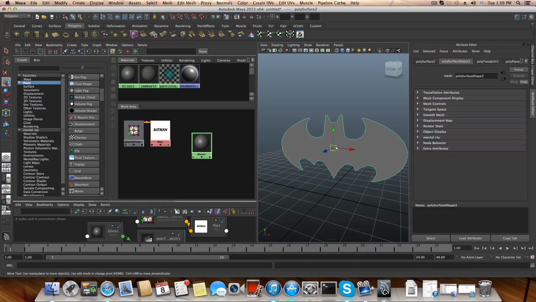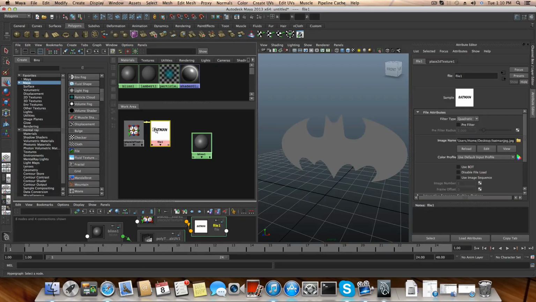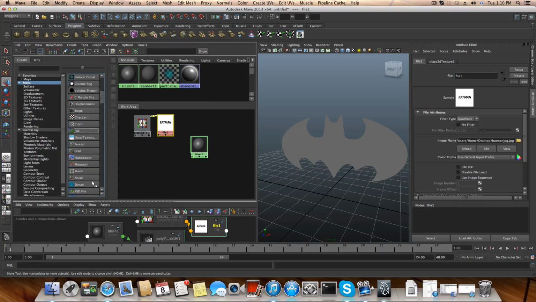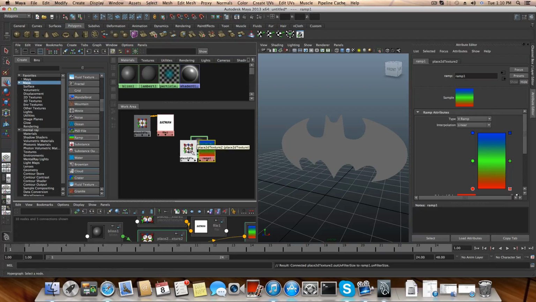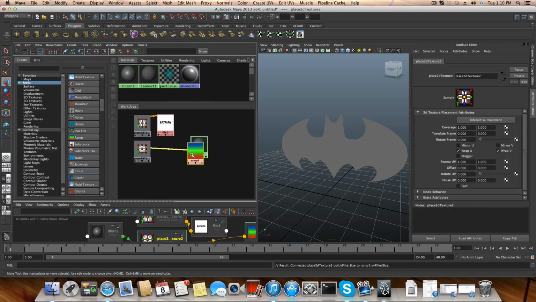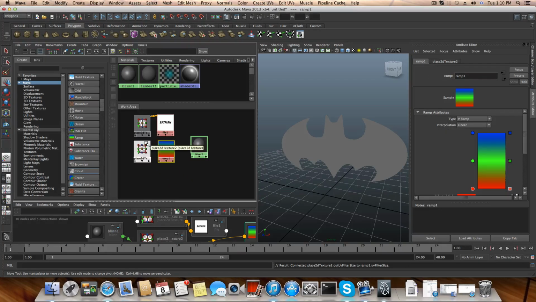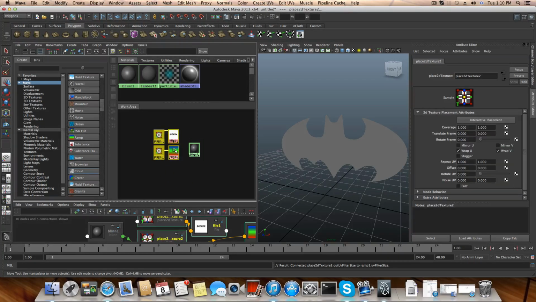We just wanted to make sure that the UV mapping of this sticker, which is this face, is making this node here, this texture, be applied as we should see it, okay, as we need it. Okay, now move this Batman file over here, create a ramp shader, okay, so click here, ramp, and then you will get two new nodes which are connected, and I want you to grab 4 of them and put them